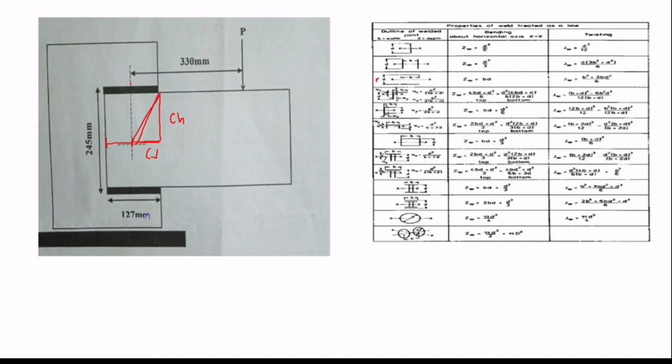So when you get these questions, for the first one, the centroid formula was given to us so that we could do it very simply. But with this, it wasn't given to us. When you get this way, you divide this weld into 2, then you get the distance from here. As far as you divide it into 2, when you subtract it from 127, you get the distance, which gives us our CV. And for our CH, you just divide 245 by 2, and you get our CH. Then you can continue with all the questions, because we are finding the polar moment of inertia, we'll get